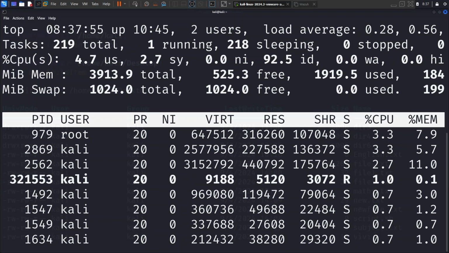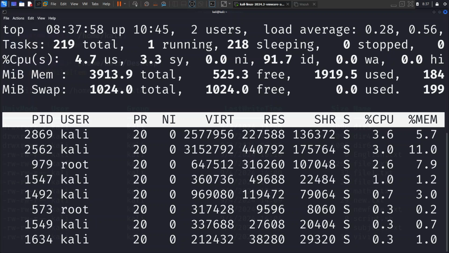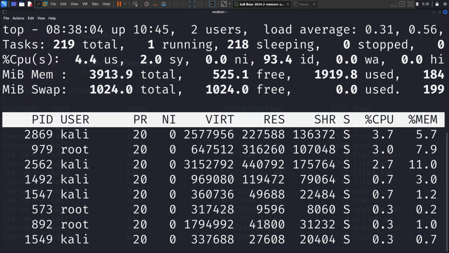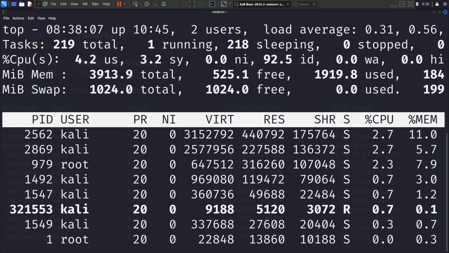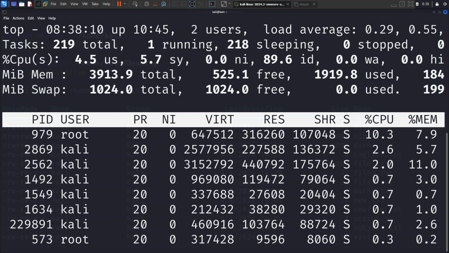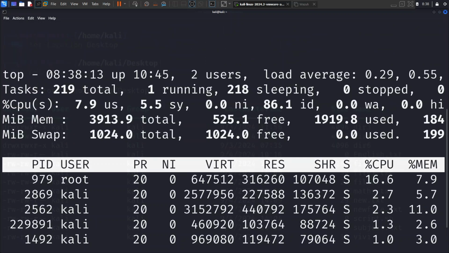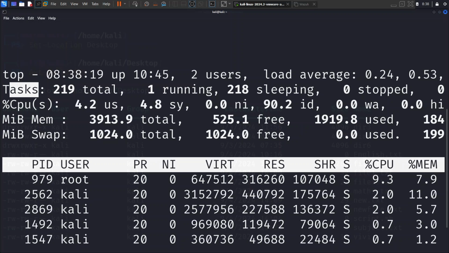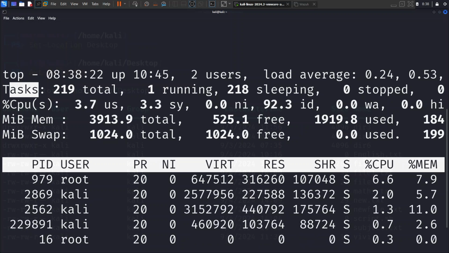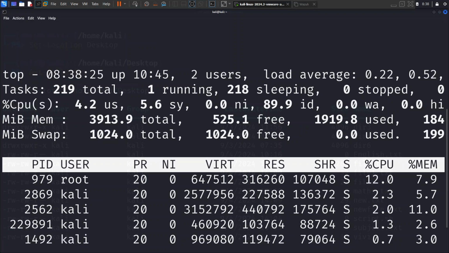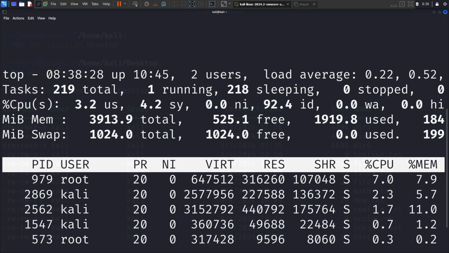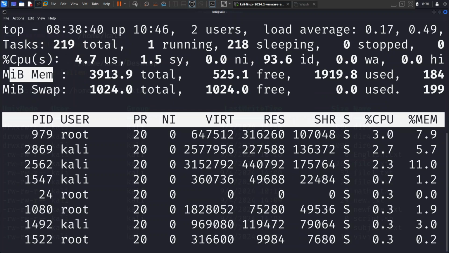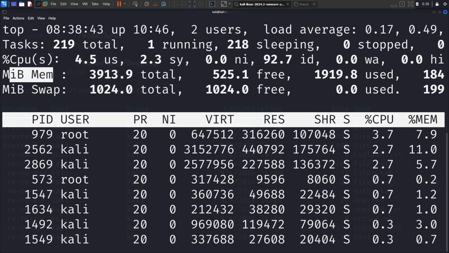The top output is divided into two main sections. The first is the system summary, which displays overall system stats like uptime, number of tasks, CPU usage, and memory usage. It displays tasks, the CPU usage, the memory usage. The second is the process list, which displays detailed information about each process